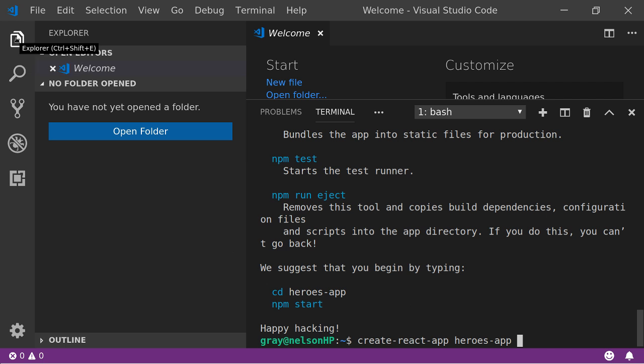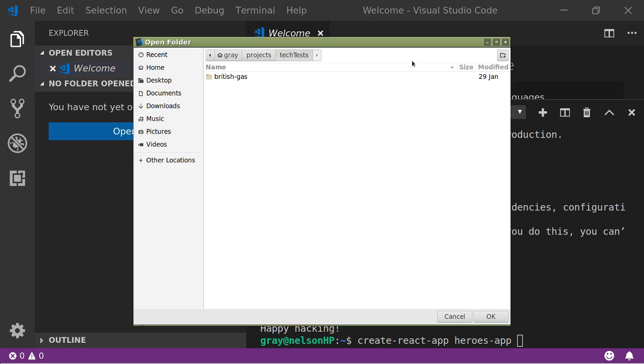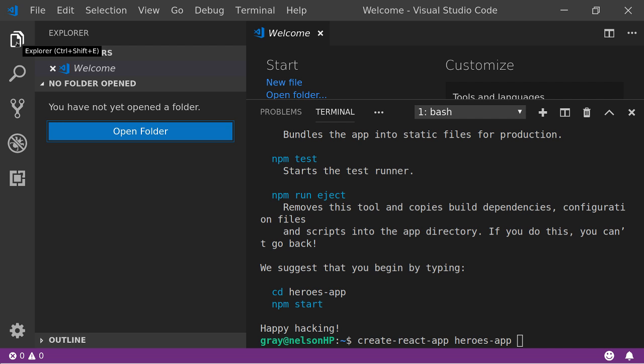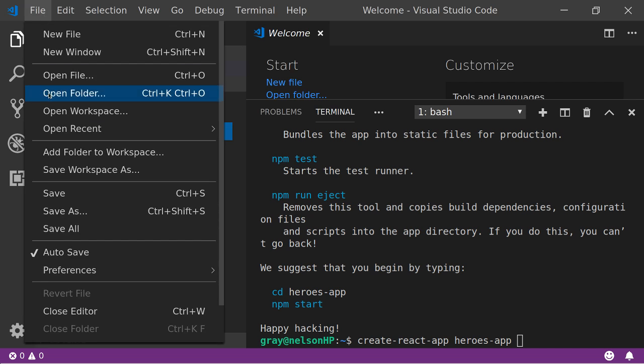So a way to check whether that's worked is to actually open that Heroes app folder. As I said, by default, that should have been created in your user folder. So mine is grey. If I go to open folder within Visual Studio, that's this little folder icon here on the top left. Or if you want, you can just go File, Open Folder, various options.